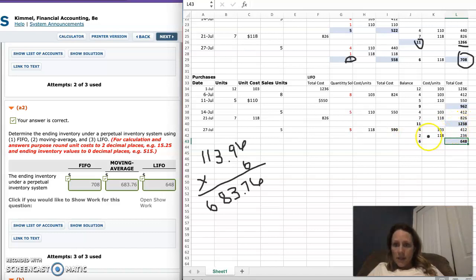We get the 1238, and then we subtract on July 27th the 5 units that we sold. We're going to subtract those 5 from this 7 over here because it's last in, and so those 5 are going to be at a unit price of 118. So then 5 times 118 is 590, and then we take the 11 units that we had, subtract those 5 that we sold, and now we're at